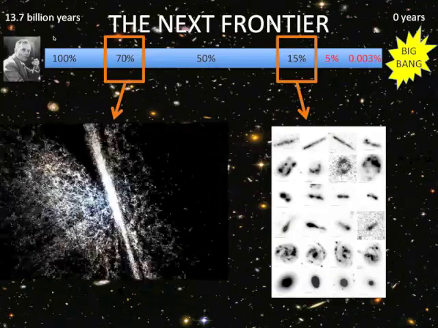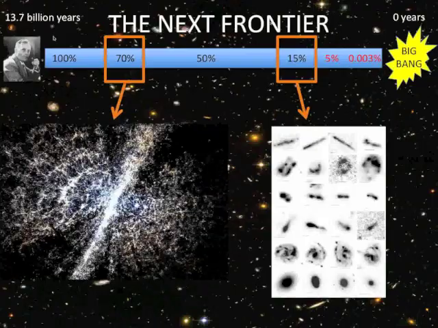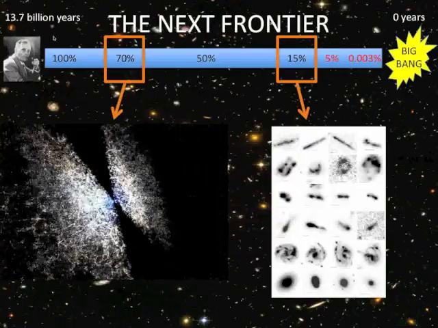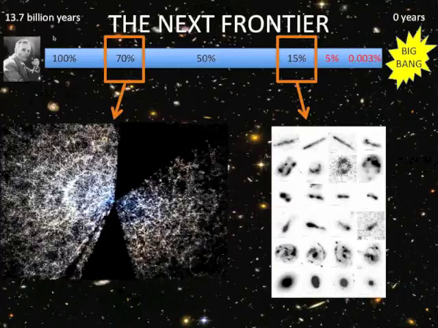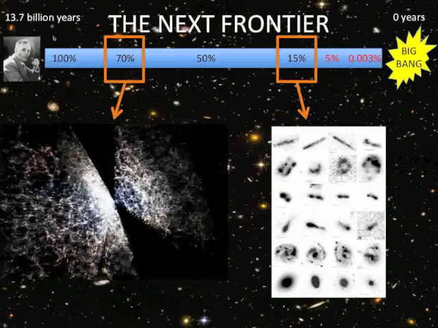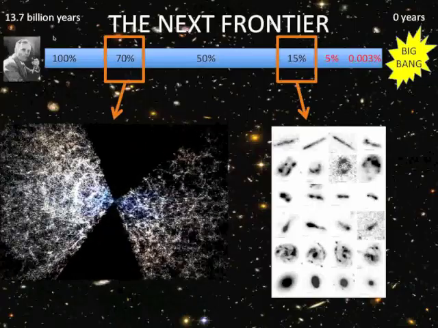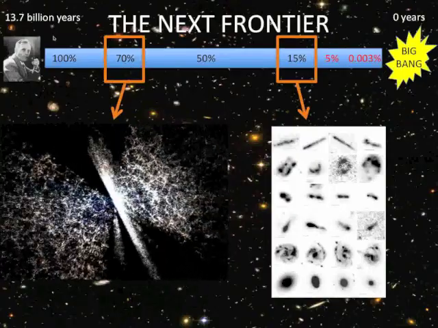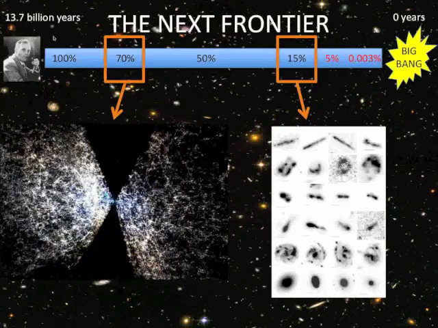So one issue is that I showed you that we can make these beautiful maps of how galaxies are distributed all over the universe in large scales, only out to where the universe had roughly 70% of its current age. But in the very early universe, let's say when the universe had 15% of its current age, we can only detect a handful of galaxies. And it's extremely difficult and futile with the current data to try to study how these galaxies are distributed in space. It's very, very hard. And trust me, because I tried. So all we need is more and better data.